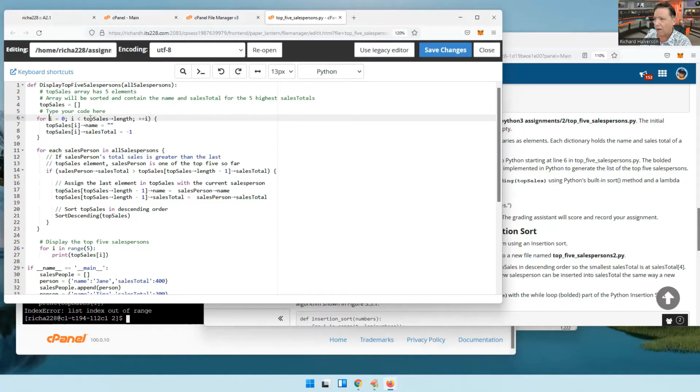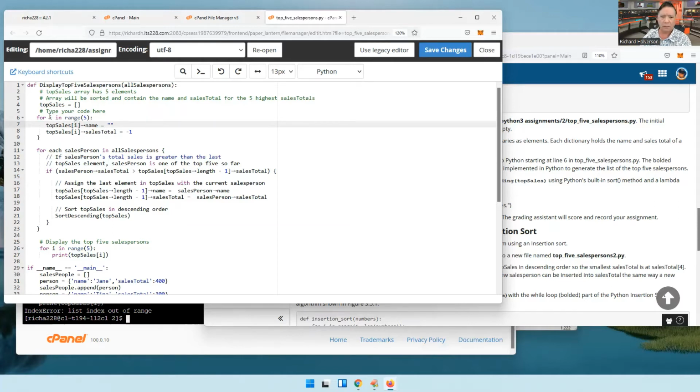So for I in range of 5, set this equal to